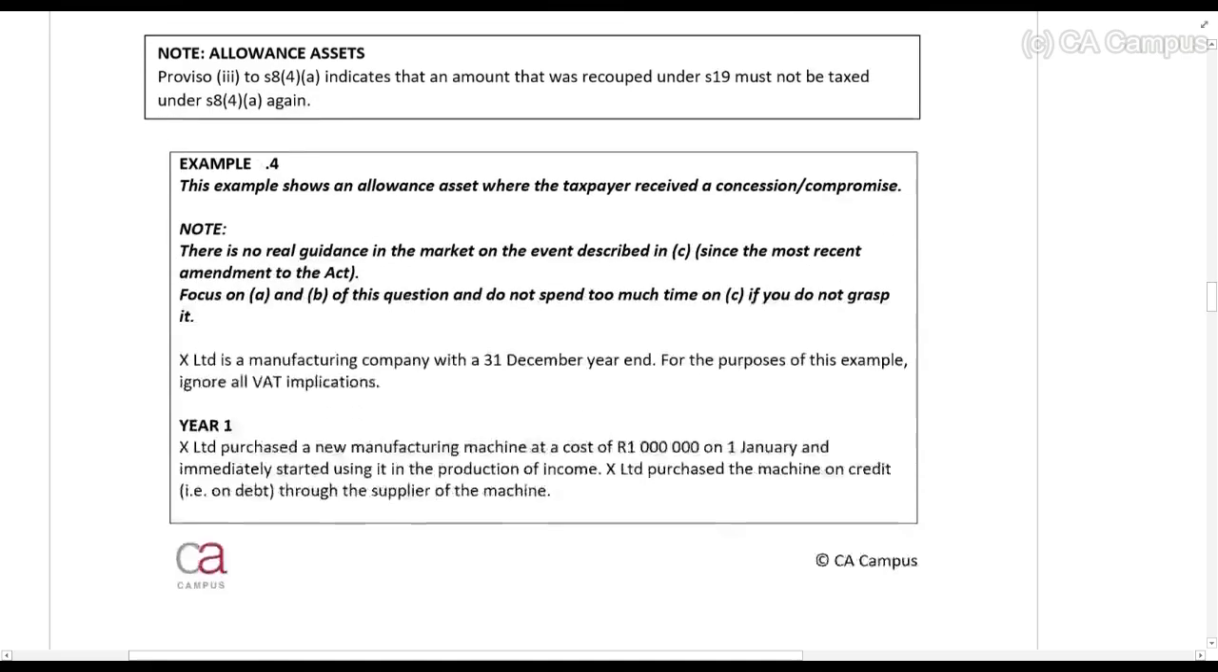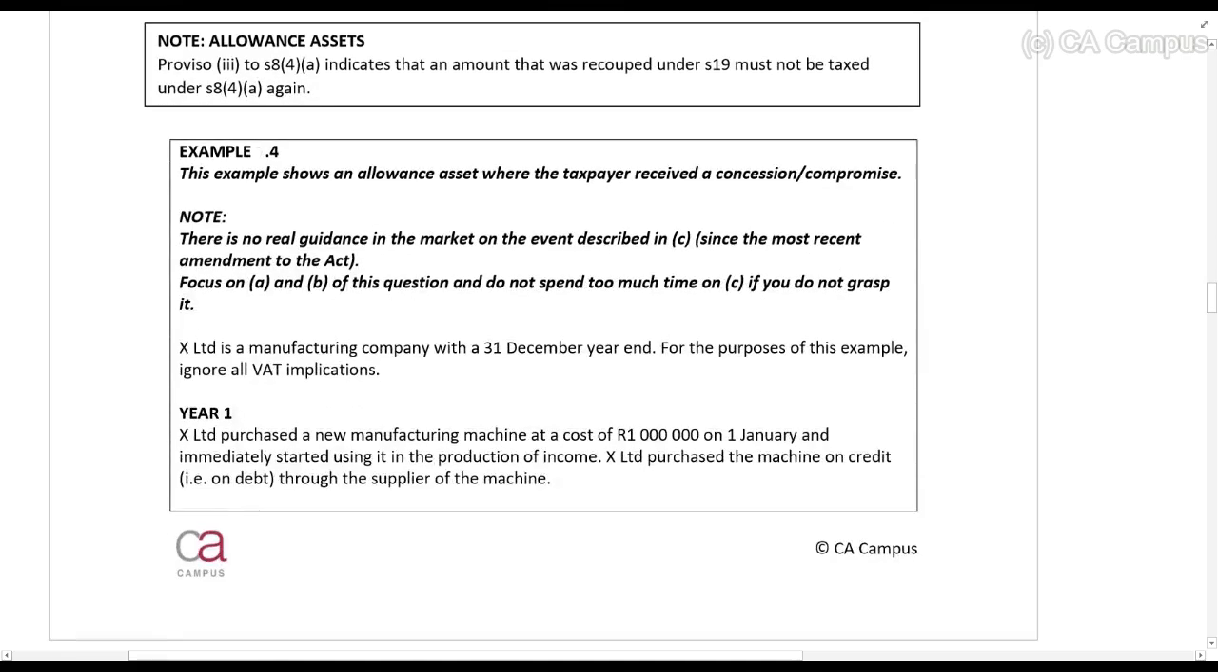Okay, now, the next example is the one which is a bit of an issue for me. We don't currently have proper examples on how to do this, because the previous interpretation note which was issued, although it gives us some guidance, there's been some changes to it. So guys, what I've done, you'll see here, A and B of this question, if you can do those, I would say you're fine. C is a situation where the asset was disposed in the previous year and now you're